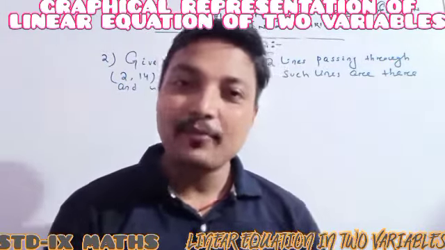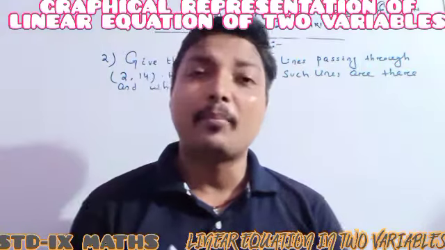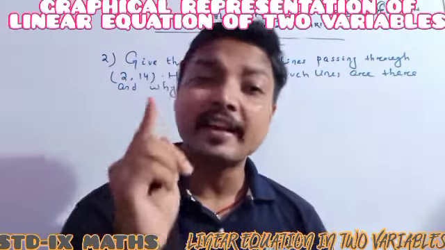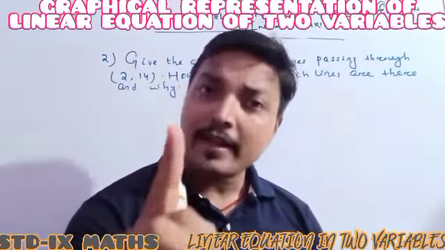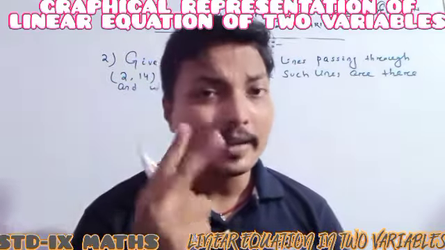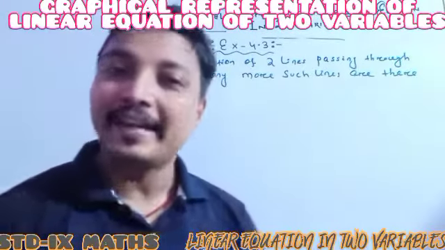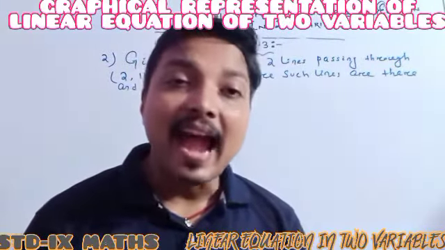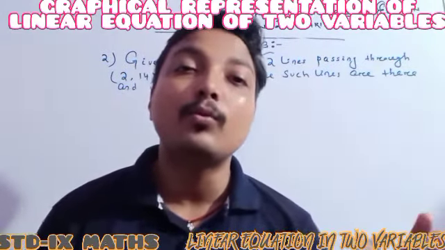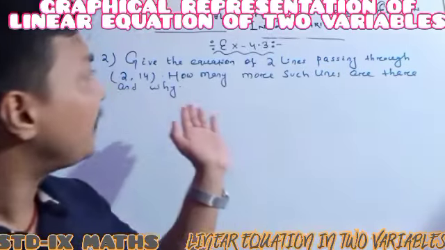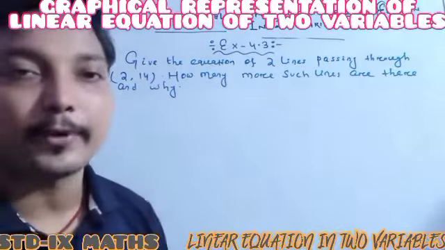Previously a linear equation was given and we were asked to do the graphical representation. For the graphical representation, 100% everyone knows it will be a line, and to draw a line only 2 points are required. But here one point is given, its coordinates are given, and it is asked that you have to create two linear equations, so that whenever I do the graphical representation, the two lines 100% pass through that point.